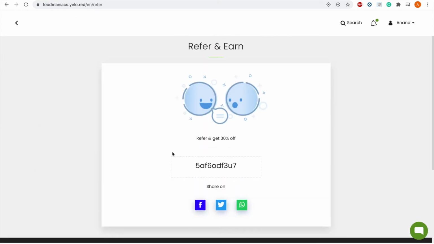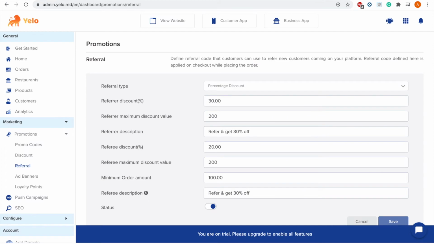Here you can see that a referral code has been generated. So they can share it with their friends to get the new customer to this platform. So they will have the incentive to bring the new customers.